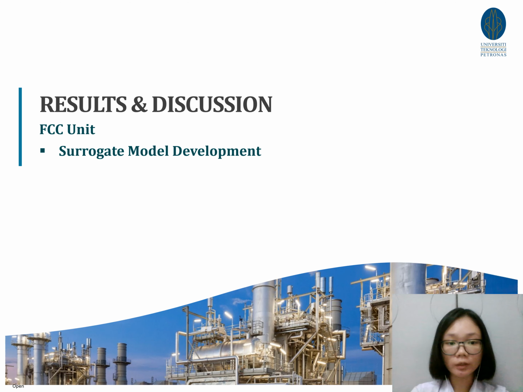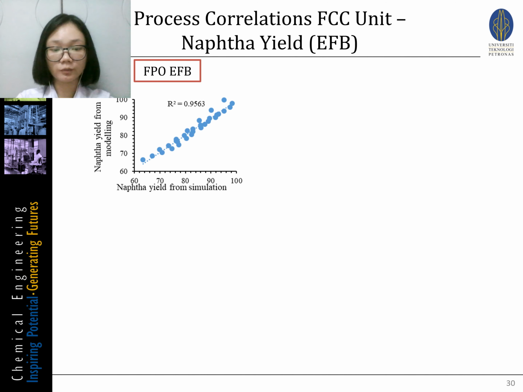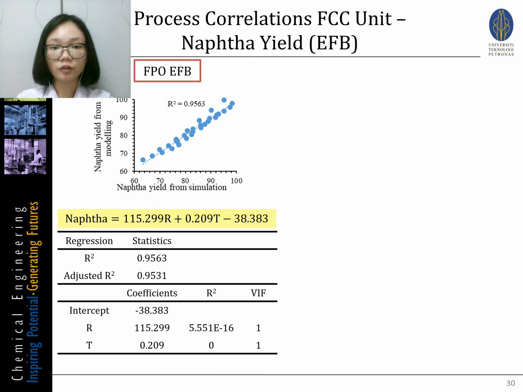Without further ado, let us move into the first part of the results and discussion, which is the surrogate model development for the FCC unit. Now here is the process correlations for a naphtha yield from EFB boil oil. Firstly, we have FPO EFB. After developing this surrogate model, here are the results, and this is the final form of the equations,